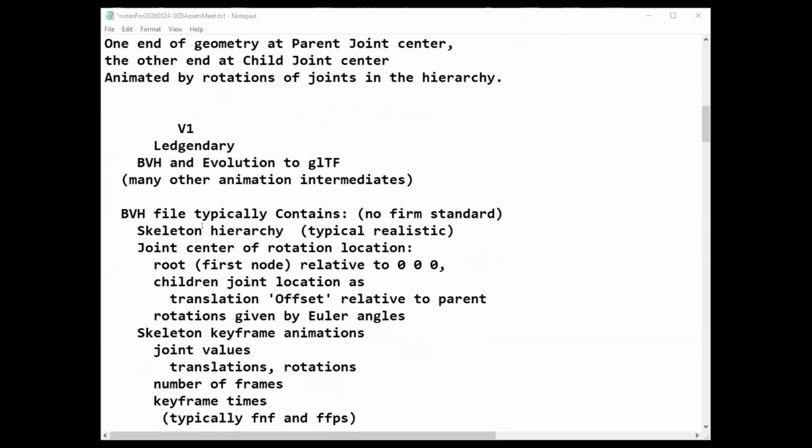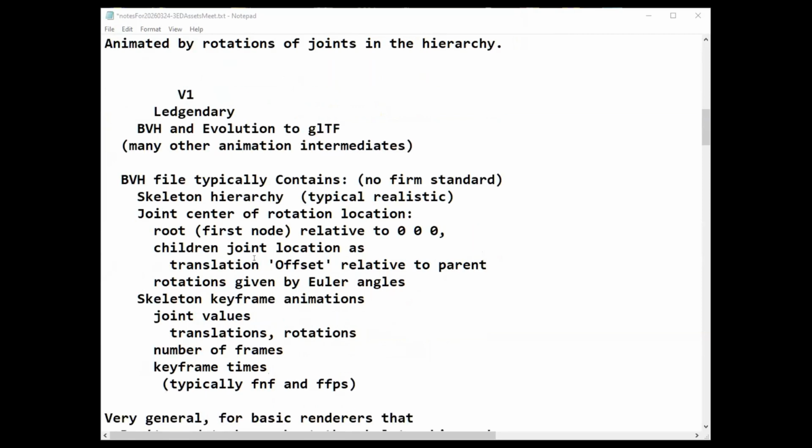So for the BVH file, I should have some examples here, but I want to make it quick. It tells you about the skeleton hierarchy. It's typically realistic. It gives the joint center of rotation and how you dimension the skeleton. The root, or the first node, is relative to 0, 0, 0 in the coordinate system that things are embedded in.